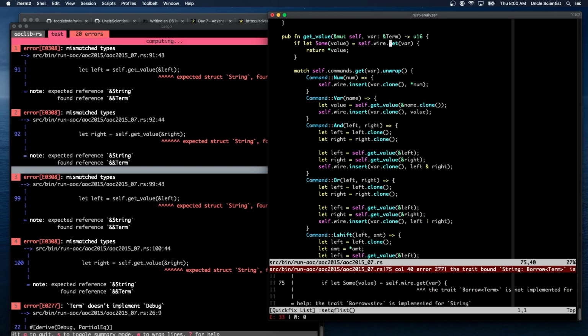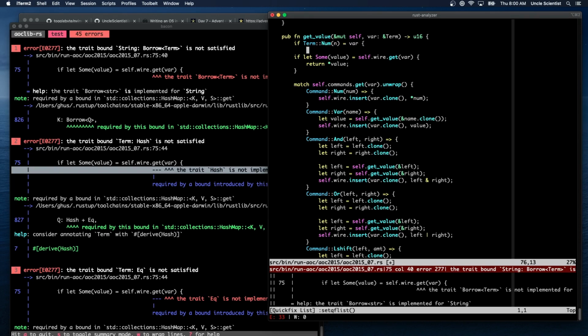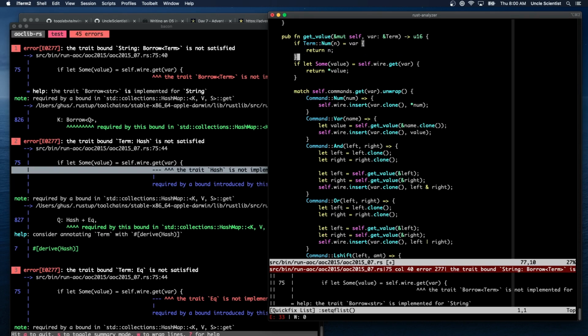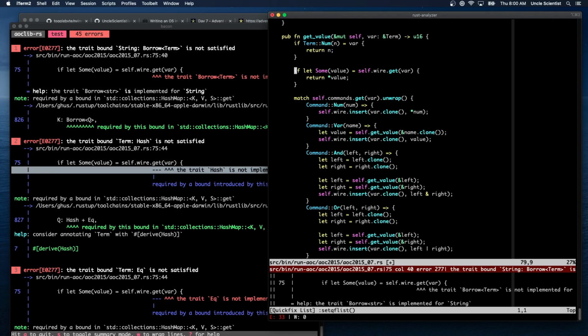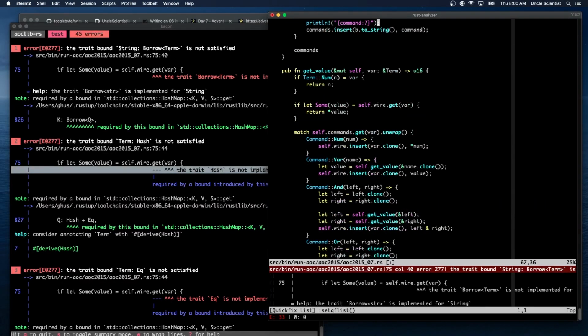Yeah, we should be able to do that. And then we can say if term num n is equal to var, return n. Self wire get. Okay, so should we put terms? No, we shouldn't put terms in here. We should still put strings in the wires. Because then